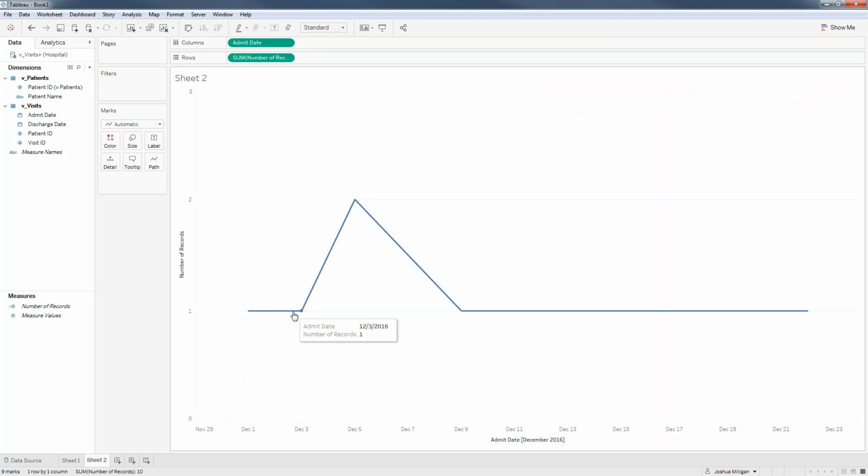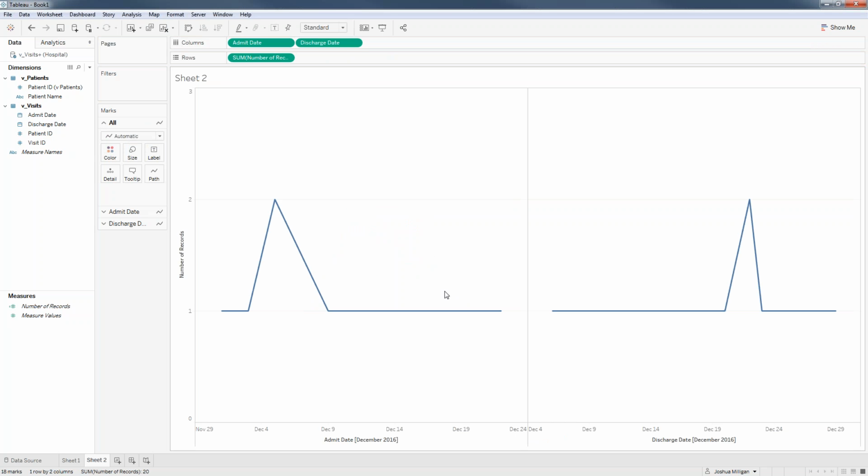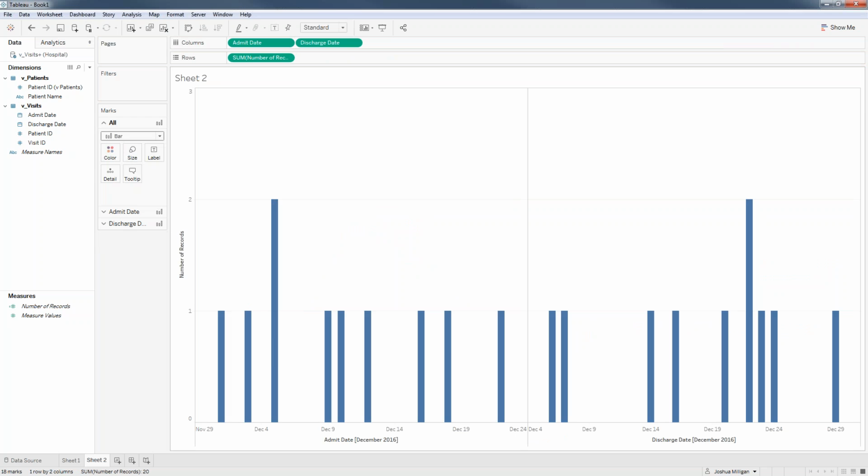doesn't tell me how many patients were in the hospital on a given date, because there may have been some that were discharged. And I could bring that in, and we could look at that, and I could start to see, okay, I've got different discharge dates and values. I might want to look at all of this as bar charts, because there are gaps, and the line chart sort of obscures that. But I don't have an easy way of calculating day by day how many patients were